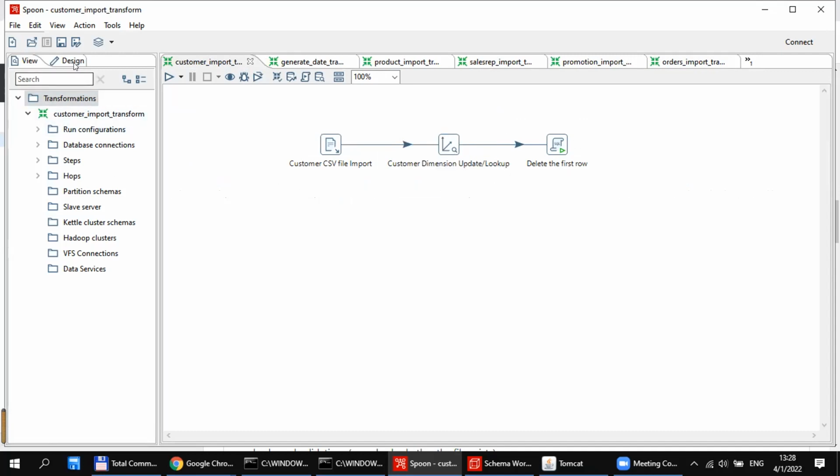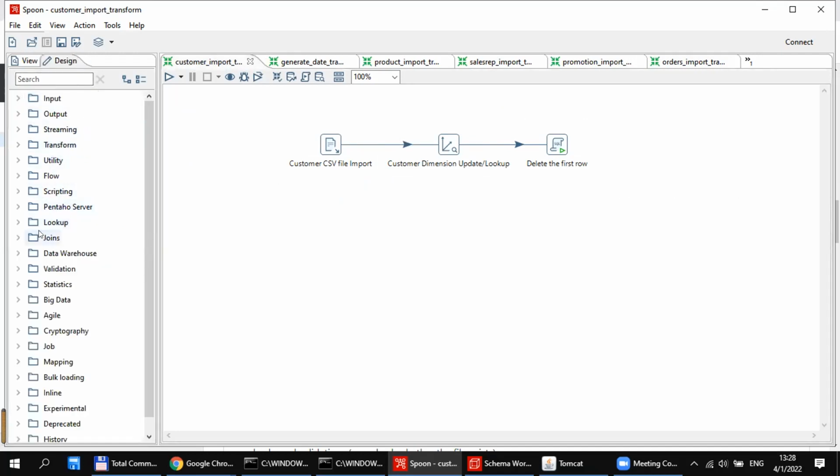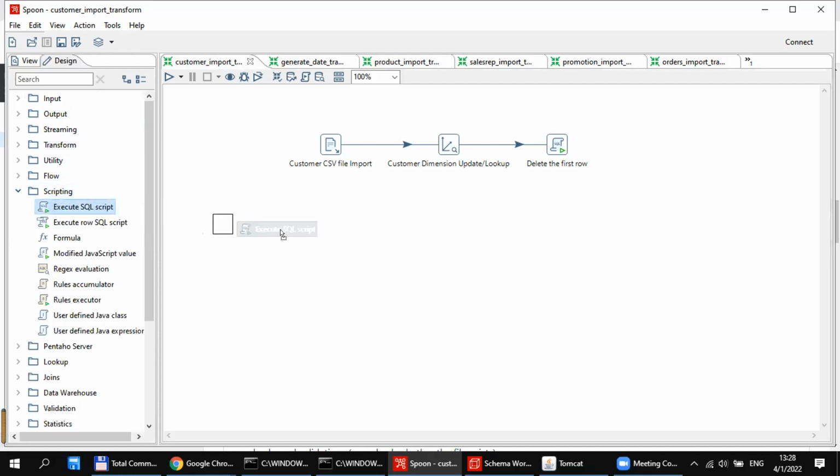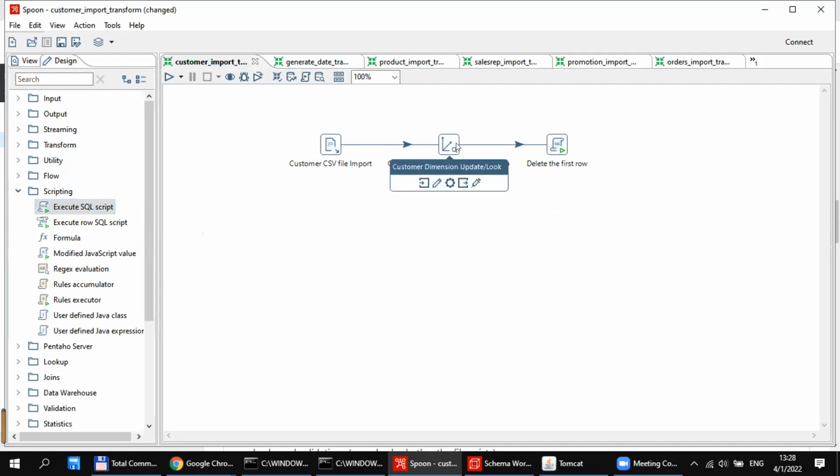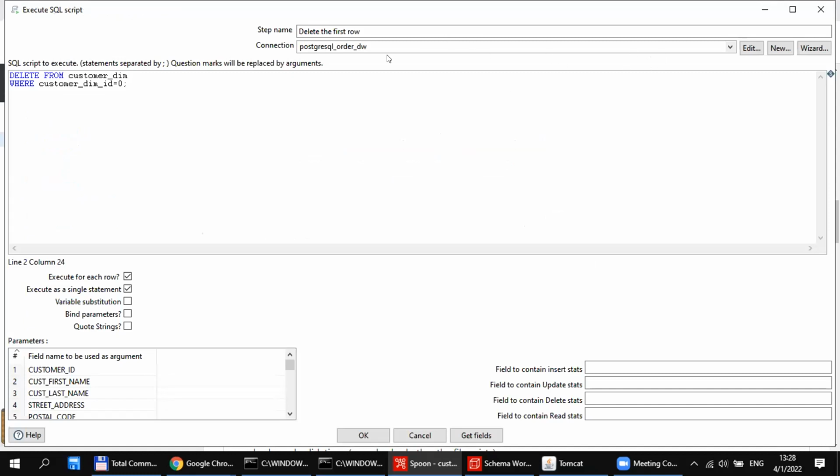To do that, in the design tab, under scripting, you just create an Execute SQL script, right? Connect these 2 steps and double click this. You need to also specify the connection to the database in PostgreSQL, and then you can write the SQL scripts like that. In this example, I delete the row with the cost dim ID equals 1 in the cost dim table, and you need to